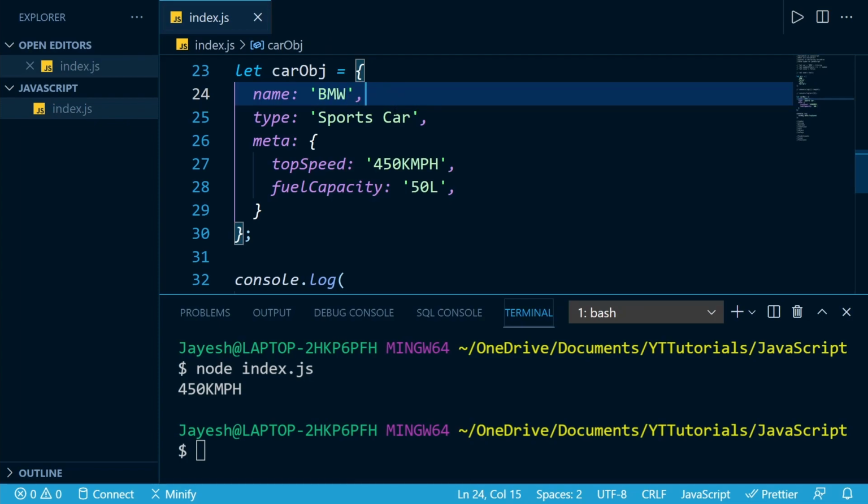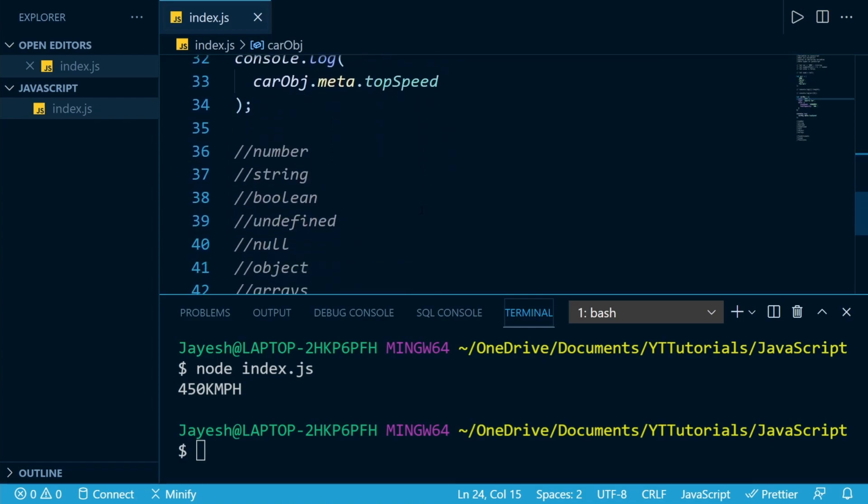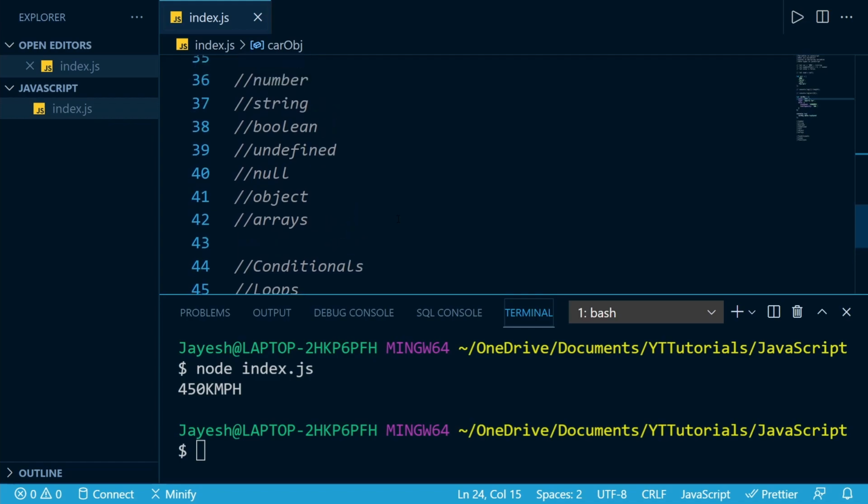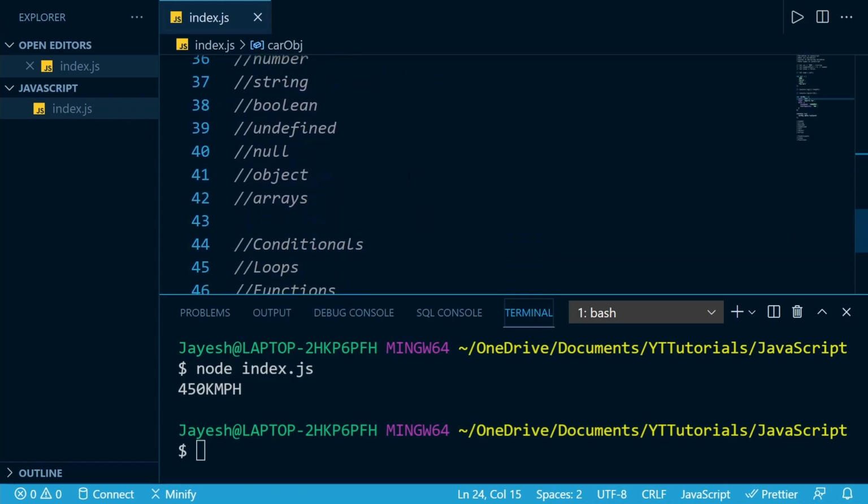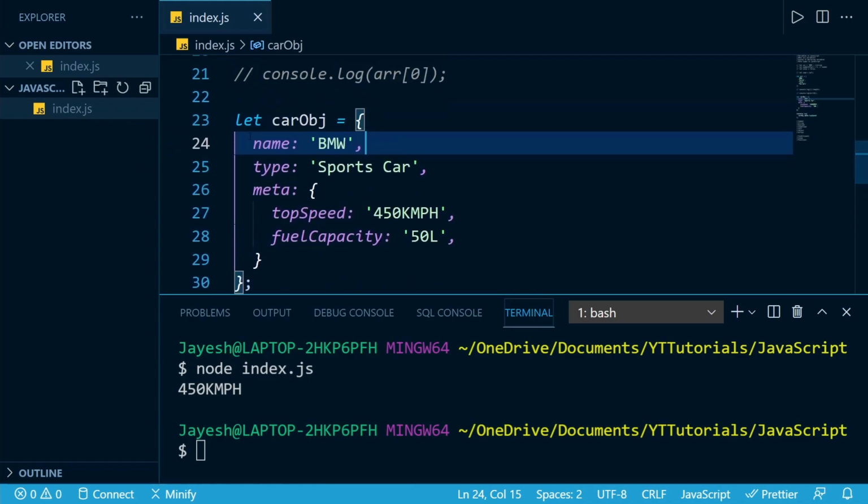Okay, so it can be any valid JavaScript data type. So object is really one of the very important data types in JavaScript, and it can even have different values like functions or anything. But since we haven't yet talked about functions, let's actually talk about conditionals and loops first, and then we will definitely come back to this.